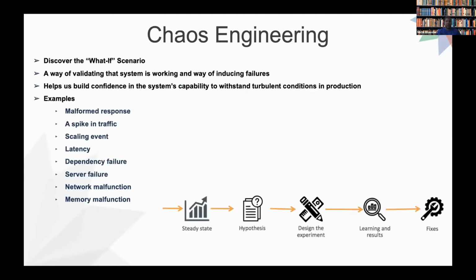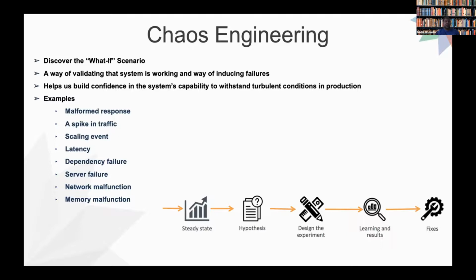All right. Chaos engineering, one of the key aspects, right? Every time you get a question, right? What if scenario? What if this happens? How will my system behave, right? So what you're trying to do here is induce a failure and see how your system behaves, right? It will help us build confidence that your system can work in production even when you see this kind of failures, right? Some of the examples are a malformed response either from your service or the third party,